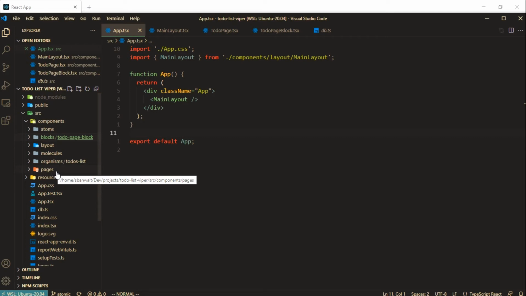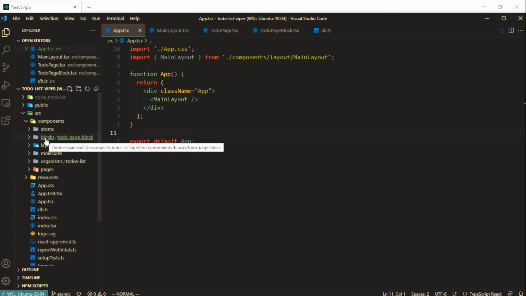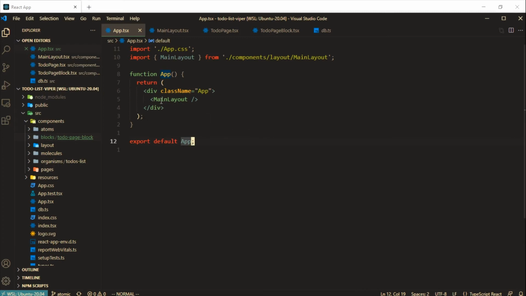If you have a page and the page looks one way for an authenticated user and a different way for a non-authenticated user, then you'd have blocks for each of those and then render them conditionally based on who's logged in. So that's one example. And then pages, and then I also have something called layout, which is essentially just this, and it's a way to encapsulate, I don't want to say entire application, because you can have more than one layout, but it is a very high level